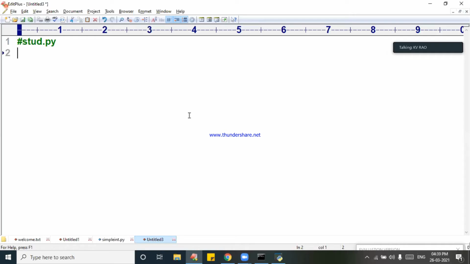Now I am going to use student details. Look at that. I will read SNO is equal to int of input of enter student number, because SNO is always int type. Right. Second, next I will take S name is equal to